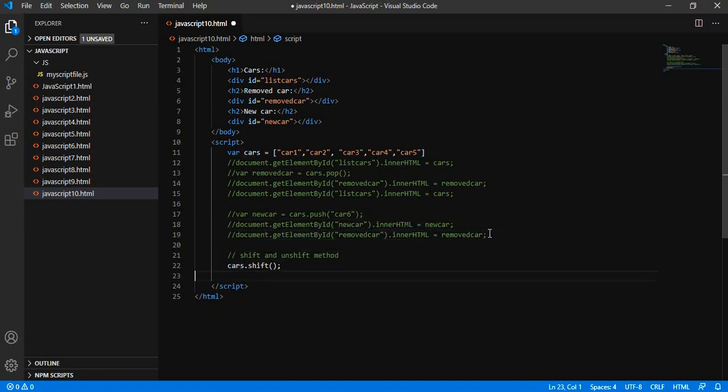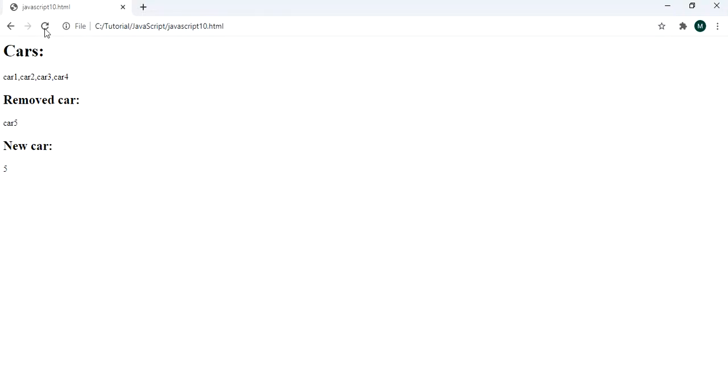We are defining the array, performing the shift operation and assigning this value to car 1 2 3 4 5. So car 1 has been shifted, so it removes the first element, that was car 1, and leaves the other elements as they are, that we can see.